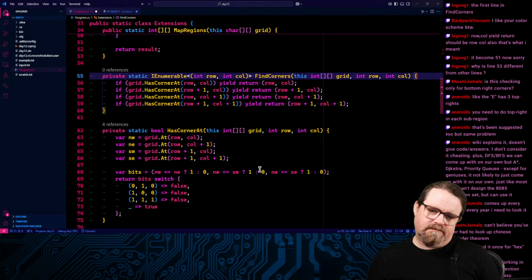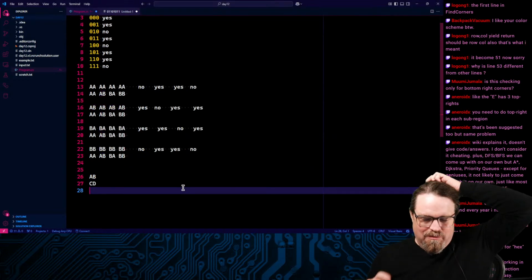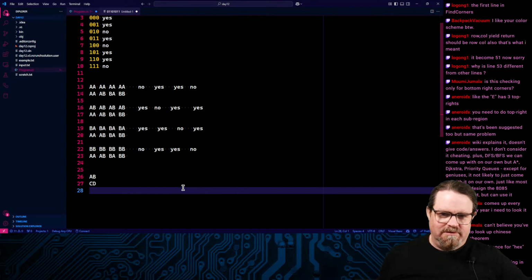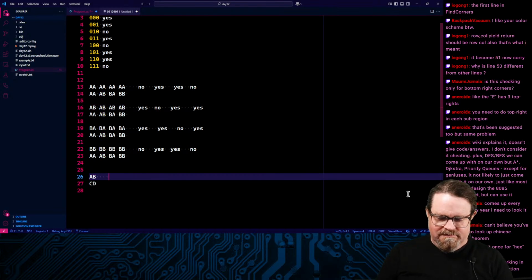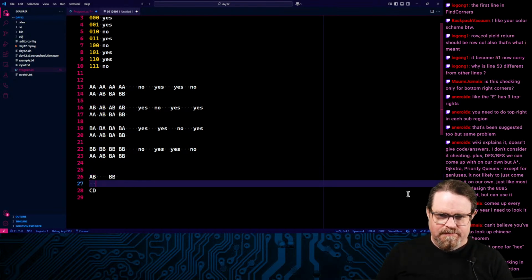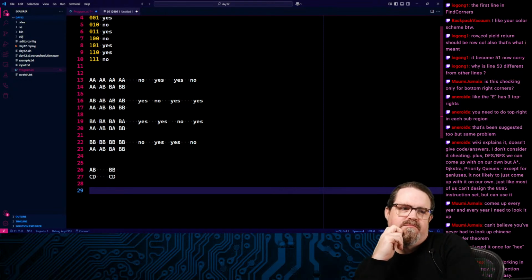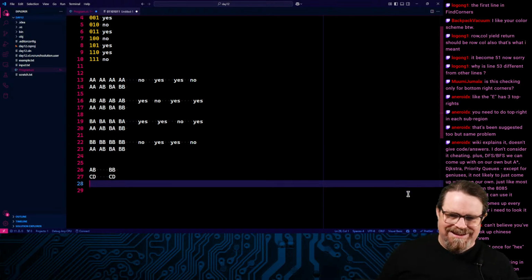Because in that example, A, B, C, and D, that one corner needs to increment every single one of its properties. Whereas if we have something like that, so in that scenario,